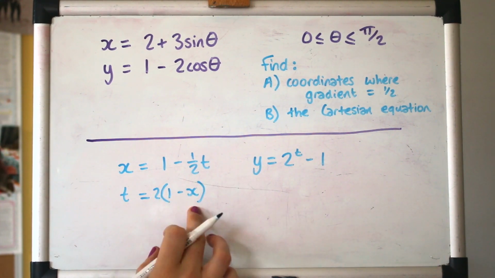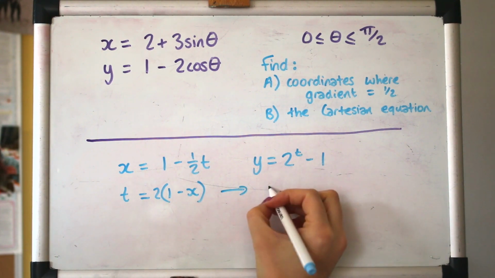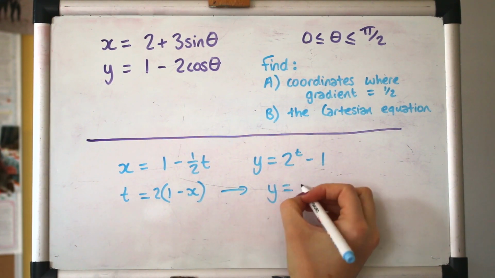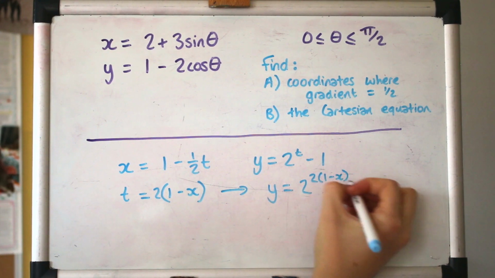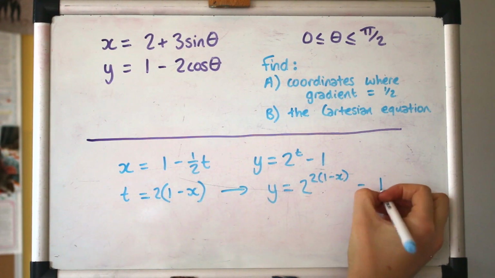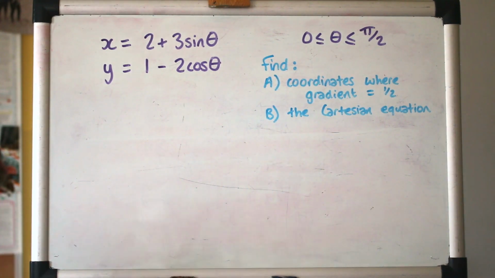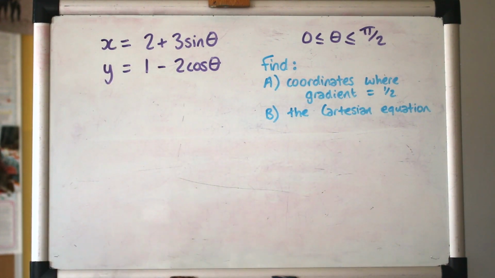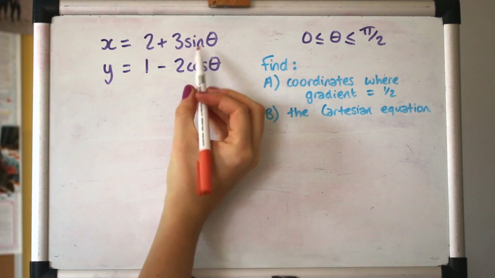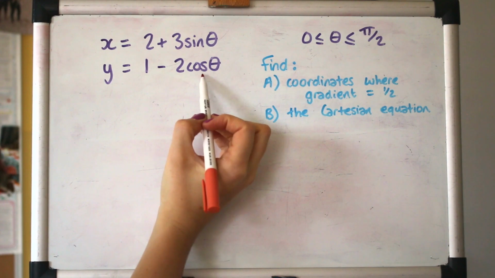So we'll get two lots of 1 minus x, and then literally you just put it in, replace the t in the other equation, and that is it. I'm not going to even simplify that, I'm just showing you how to do it. Very, very simple. But we don't have those simple equations here, we have trigonometry. So, a little bit harder,